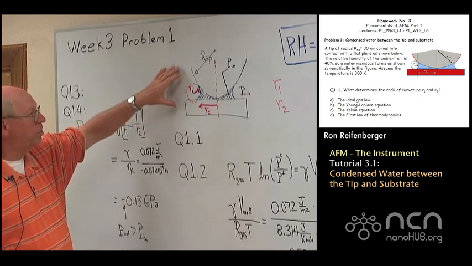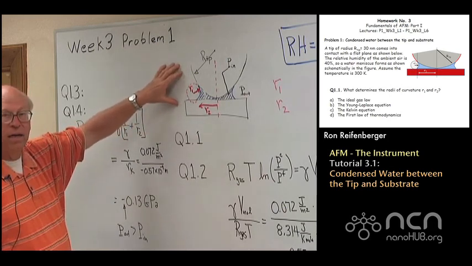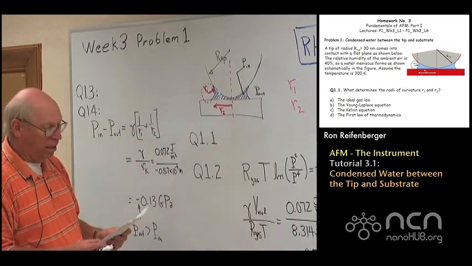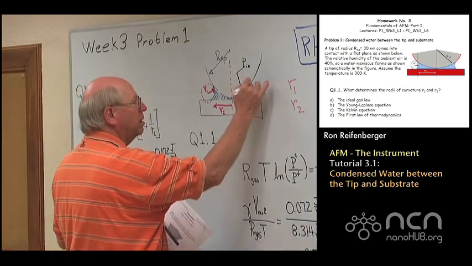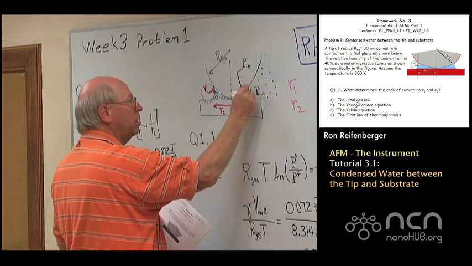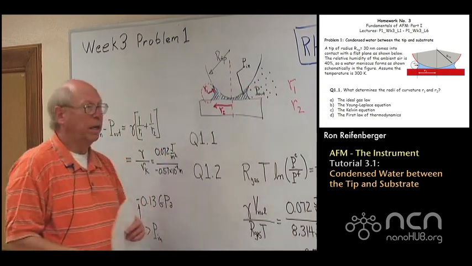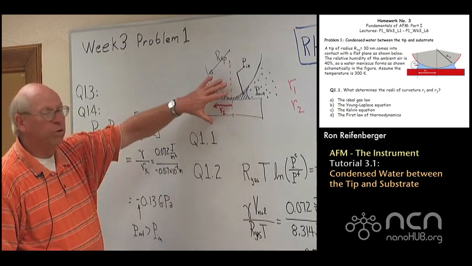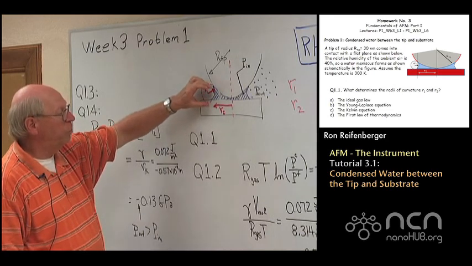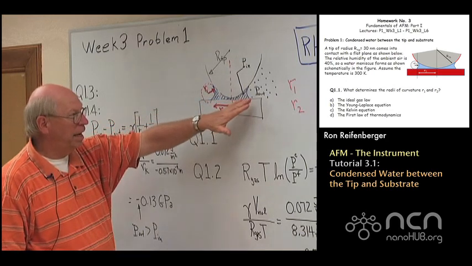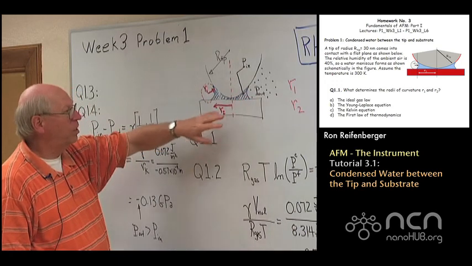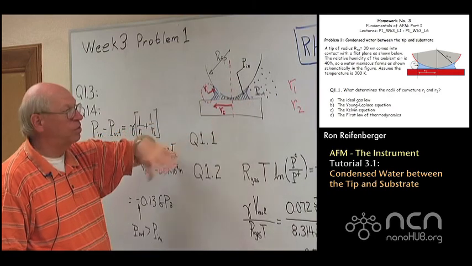In this particular problem, there's the air that surrounds the tip substrate contact. That air contains some water vapor, right? So there's molecules of water that are floating around in the air. And these water molecules will produce a thin coating of water on both the tip and the substrate. And furthermore, when the tip comes into contact with the substrate, these water molecules will condense into this contact region until a stable water meniscus is formed.